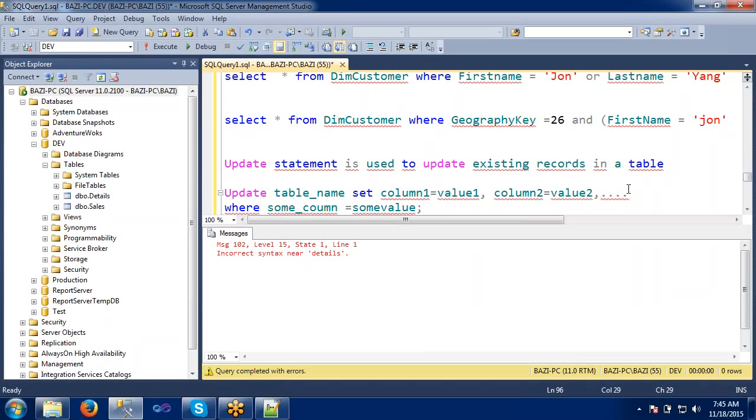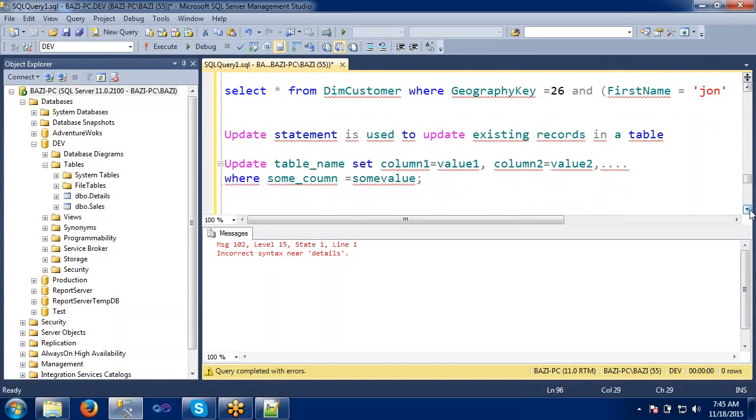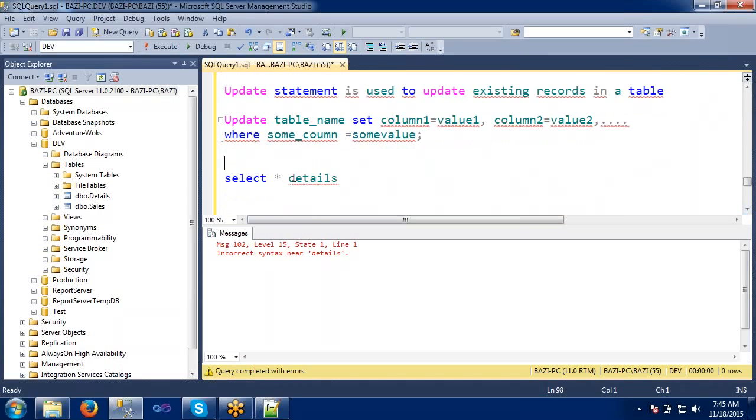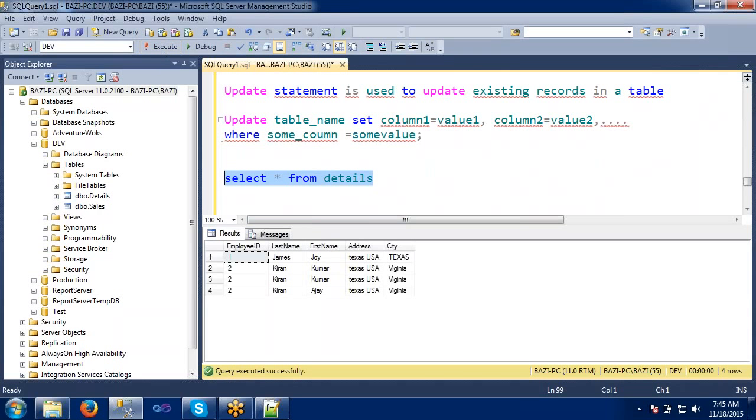Just for the view purpose, I have created it like this. So this is the table and these are the values.